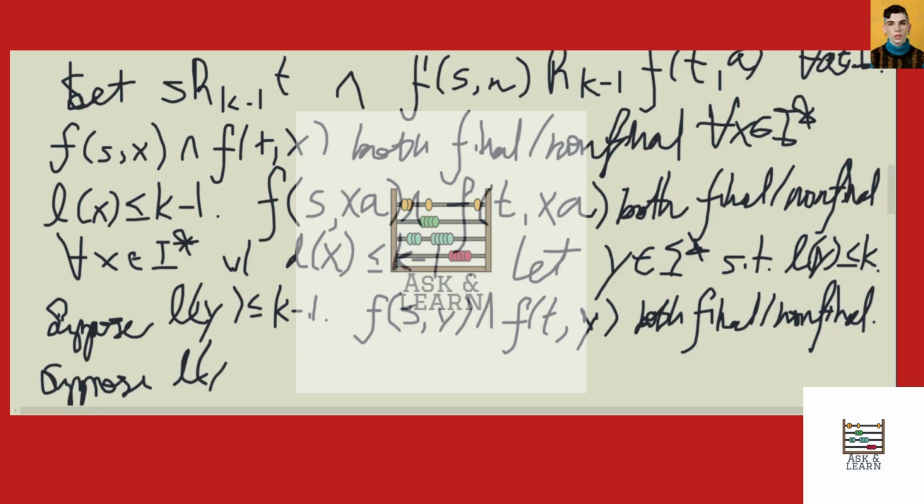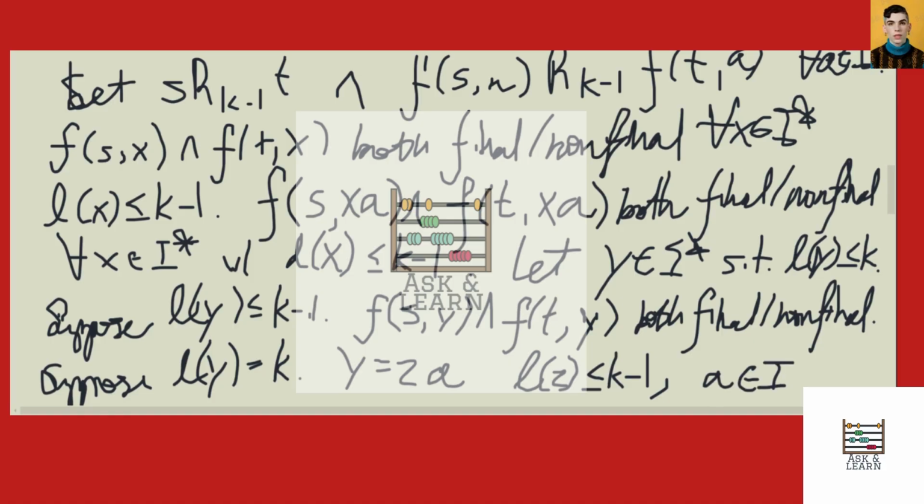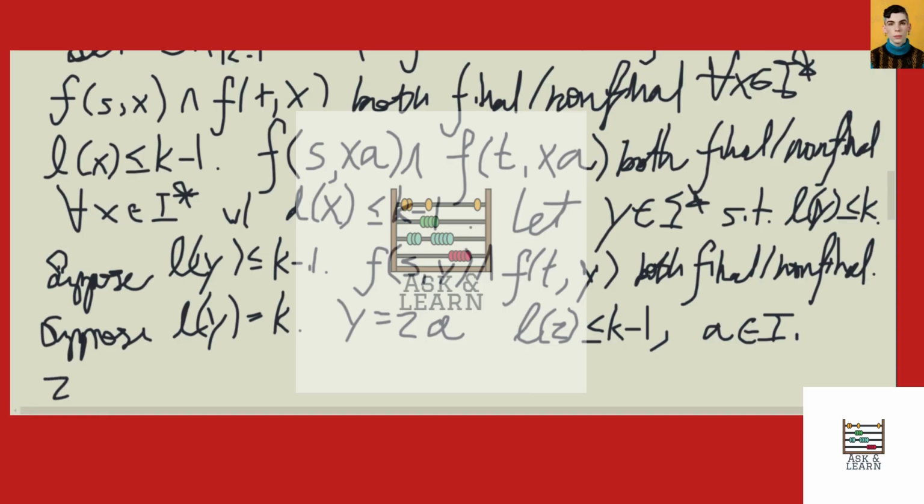Now suppose instead that y has length k. Well, that means we can find a z such that y is equal to za, with the length of z being less than or equal to k minus 1, a being a single input,